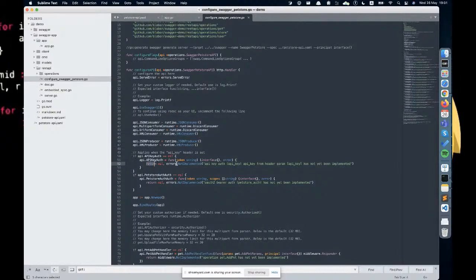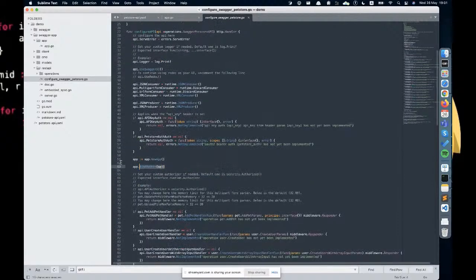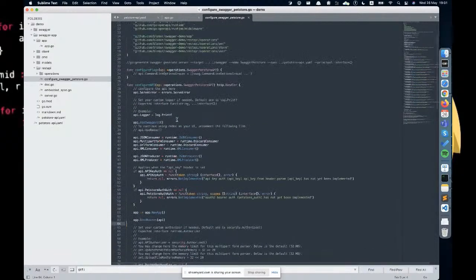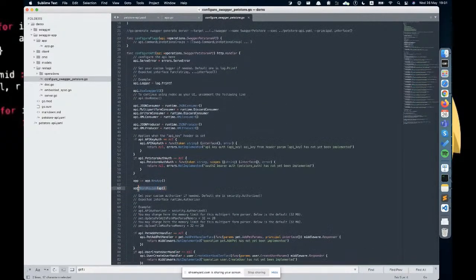You might see it also configures the API key validation and basic authentication, and this is our part which I added right here. So I am passing it our API, and it would be here in this function; it would be overwritten.